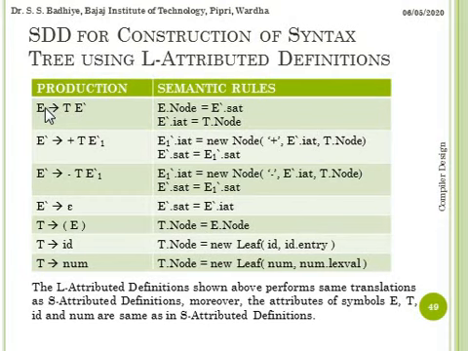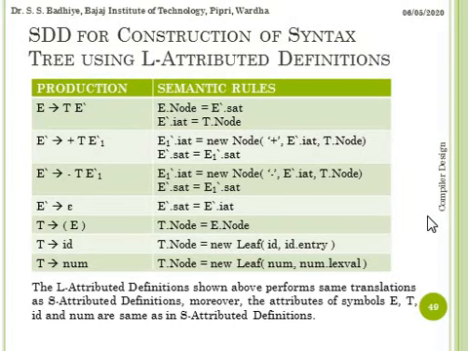When the first rule is used, that is E derives to T E dash, at that point the inherited attribute of E dash will get whatever value is present at T dot node, right? And the E dot node will get the value of the synthesized attribute of E dash dot node. Similarly, the third rule will be evaluated, and in the fourth rule, when E dash derives to epsilon, we simply copy the inherited attribute of E dash to the synthesized attribute of E dash. The remaining rules are the same as in the previous example, right?